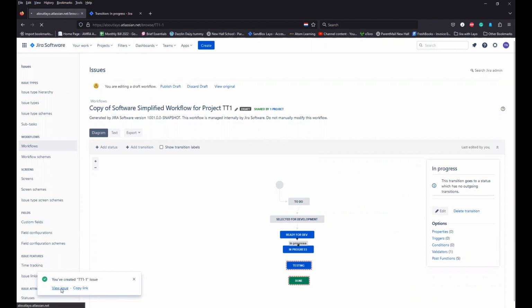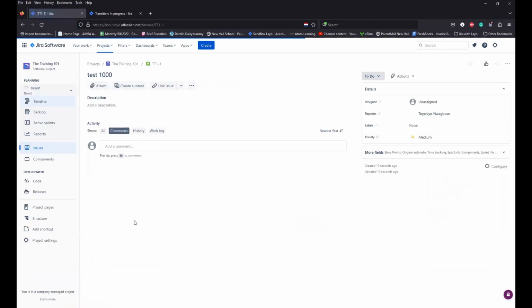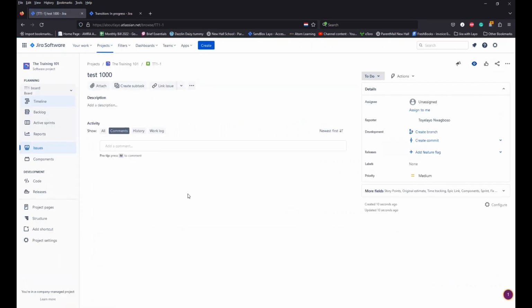Okay, I'm viewing the issues. So this is the ticket that I've just created, right? So remember, we put the transition on the in progress. So right now, you can go in and do whatever you want without putting an assignee on it. It would let you do that. But if I go into this and try to transition, can you see? From the to do, I cannot see the in progress in here